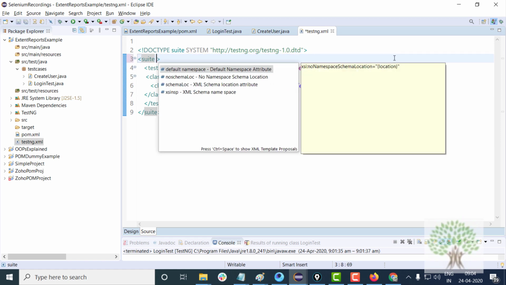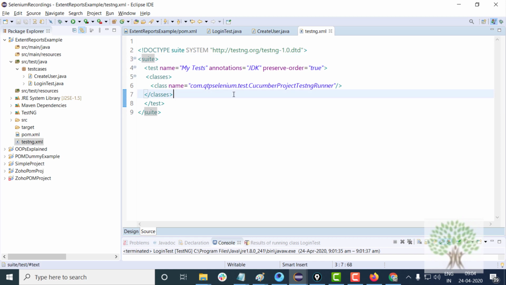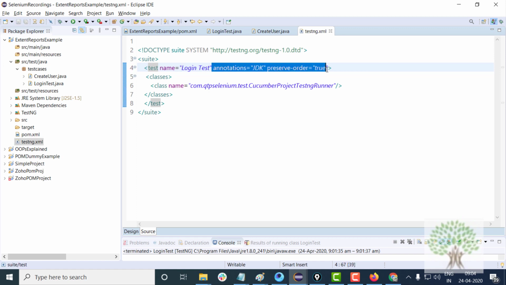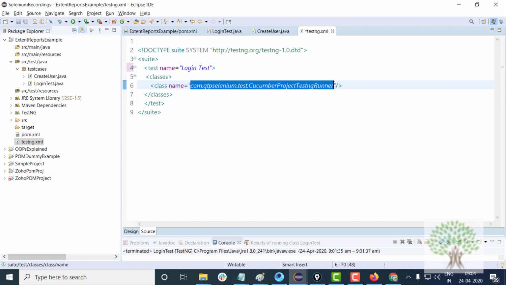The test name is, say, the first test is login test, and the class associated with the test is testcases package dot login. This name is case sensitive. This can be anything, but this is very case sensitive.